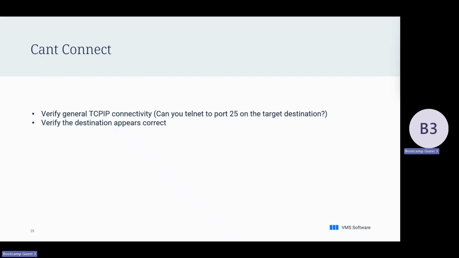If I don't get connected to that, do I need an alternate gateway? I don't know. We're making a call to IT here, because either I'm supposed to get out and my firewall's not letting me, or I need an alternate gateway. Either way, I can't solve this without their help. We'll also verify the destination appears correct, because that kind of goes back to the local MX. Does that sound right? And when you have your debug log file,